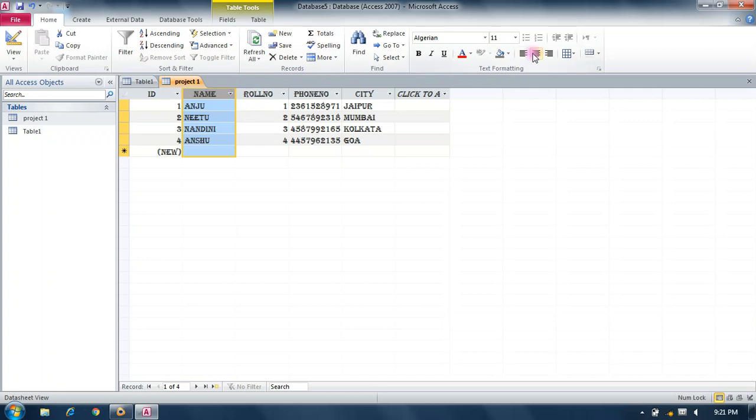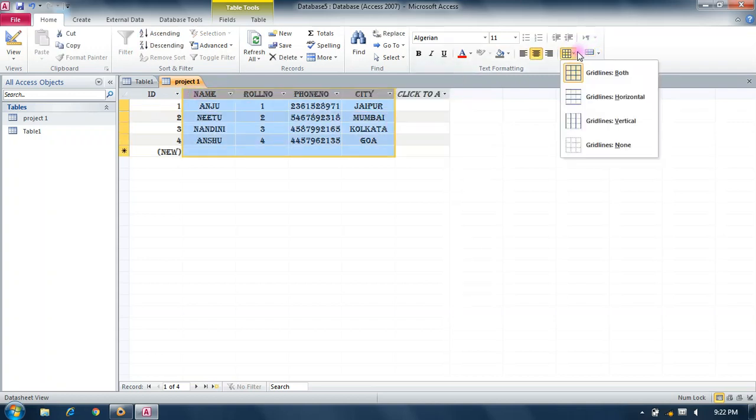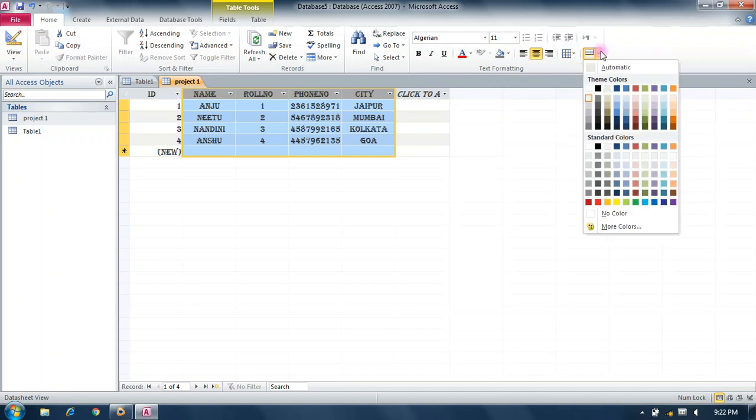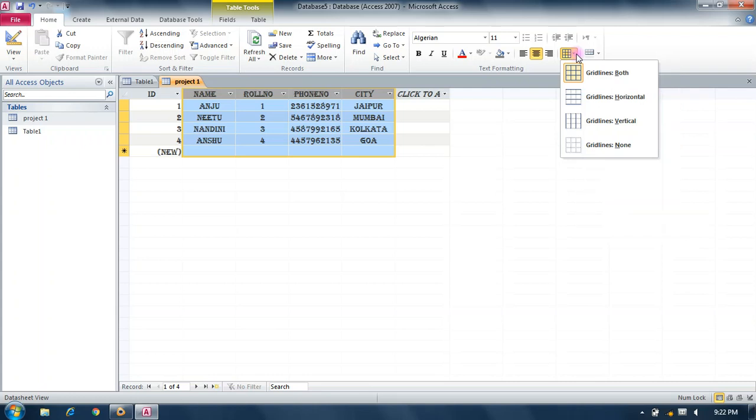You can align your text. Okay, you can apply border, grid line, or coloring, so you can apply on it as your requirement.